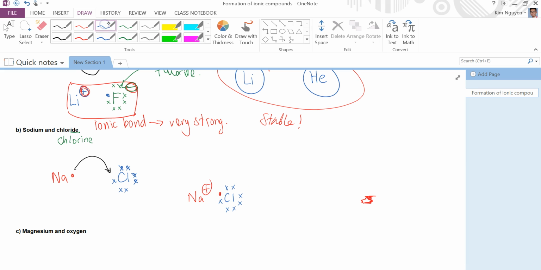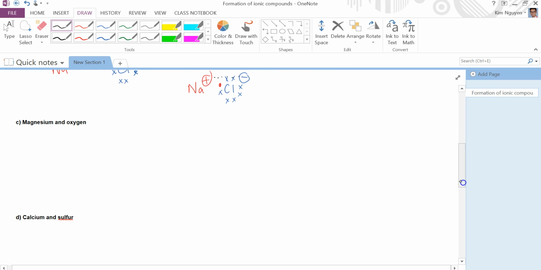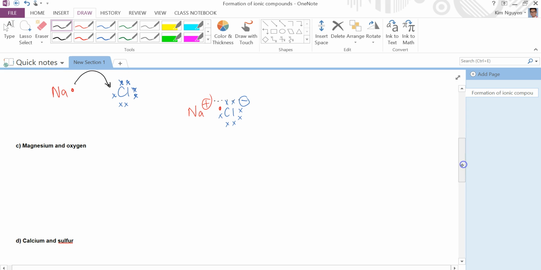So chlorine is negatively charged, and the two of them, the opposite charges attract. Okay, so let's have a go with magnesium and oxygen. Now magnesium,